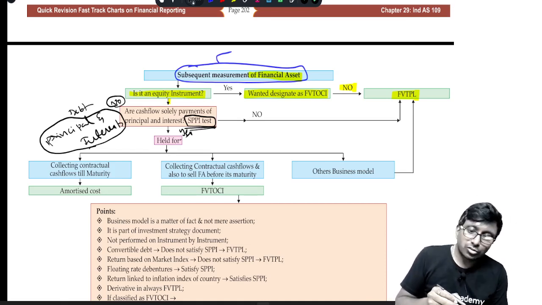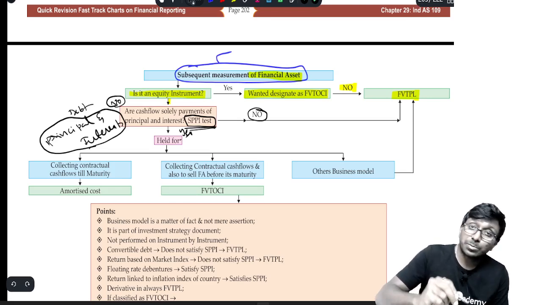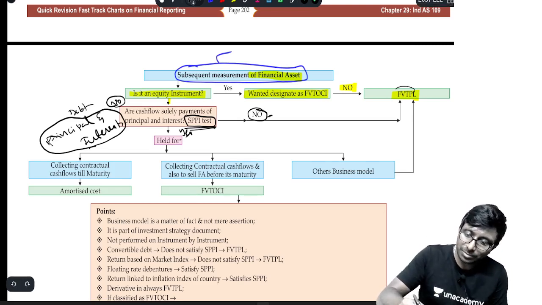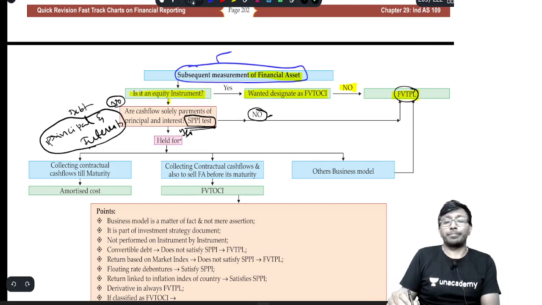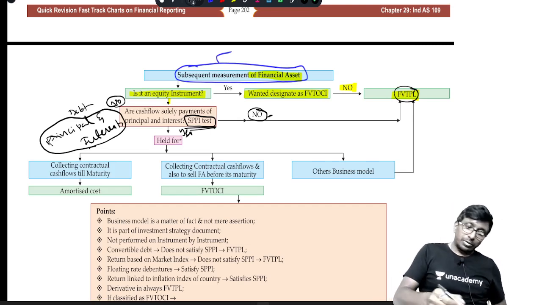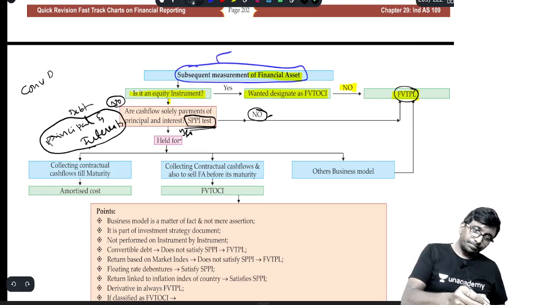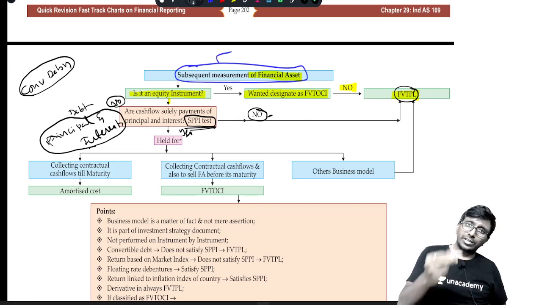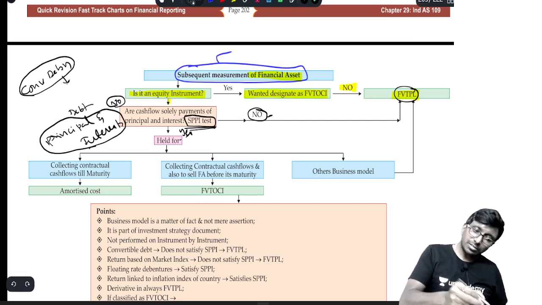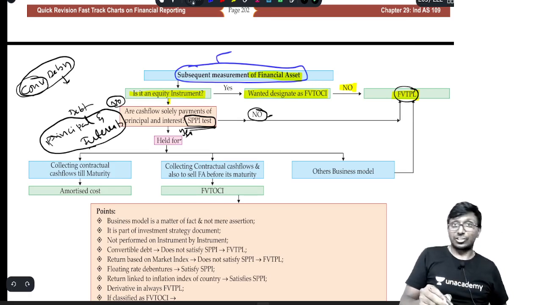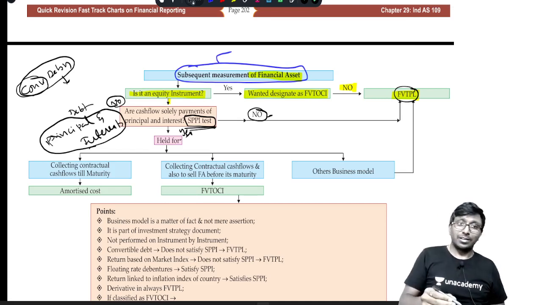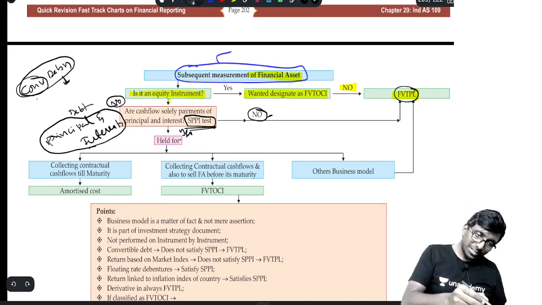If you say no, sir, it is not only principal and interest. Something extra is there, meaning it is other than principal and payment of interest. For example, a convertible debenture. What do you get? Is it only for the debenture? No, because the debenture is carrying a conversion option, so you are getting the returns from the debenture as well as